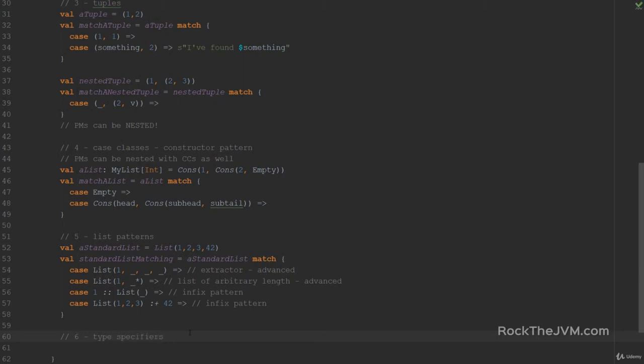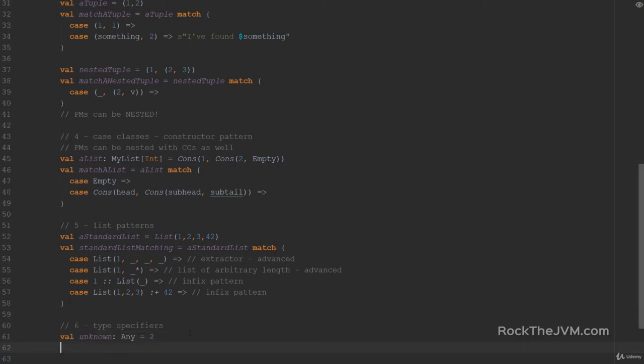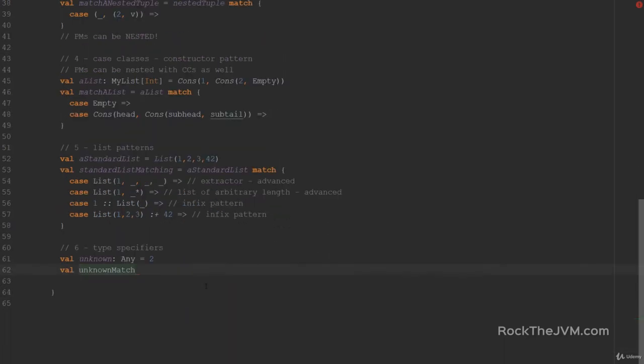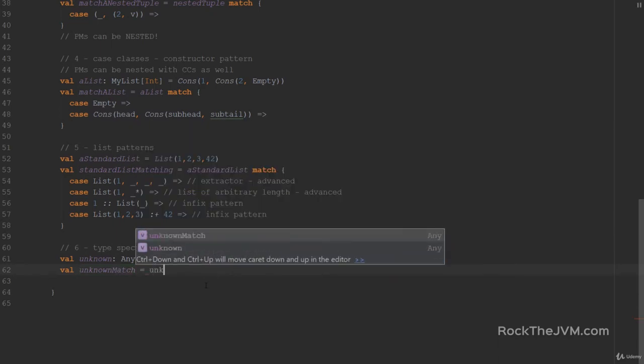Next, we have type specifiers, which I really didn't get into in the last video, but I will get into them now. So if I define a value, let's call this unknown, which is of type any, and I give this a value of say 2. And I want to pattern match against this. Let's call this unknown match equals unknown match,